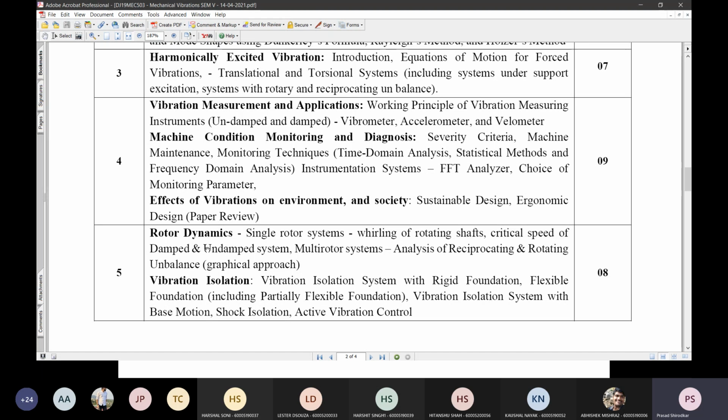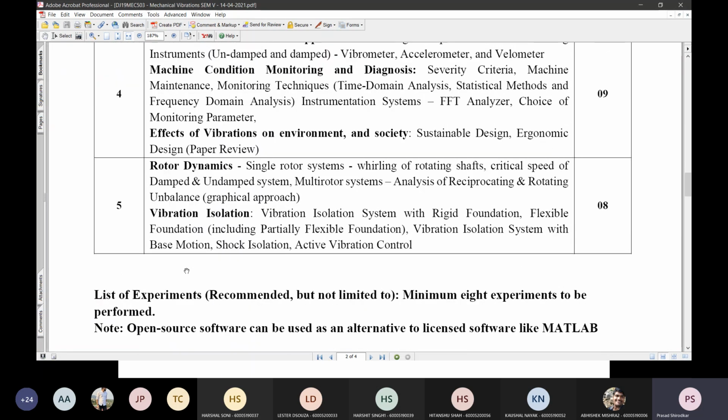Okay, so the shaft in that case experiences unbalanced forces and that induces vibration. So how to eliminate that, we'll be studying some basics on that. And also we'll be studying vibration isolation. Vibration isolation is when something is vibrating and you don't want that vibration to affect the surroundings. So you isolate that vibrating object so that it doesn't cause damage to